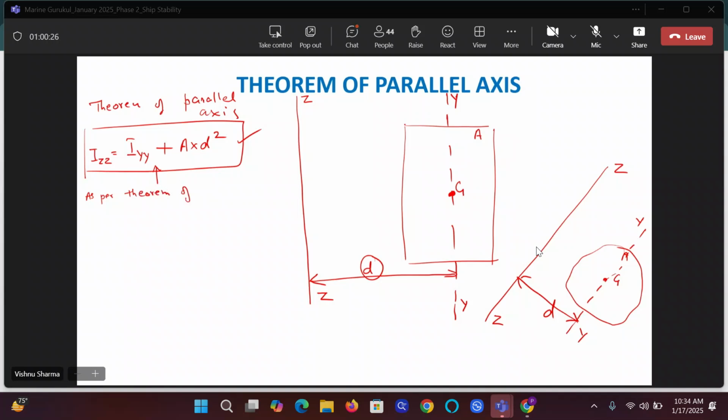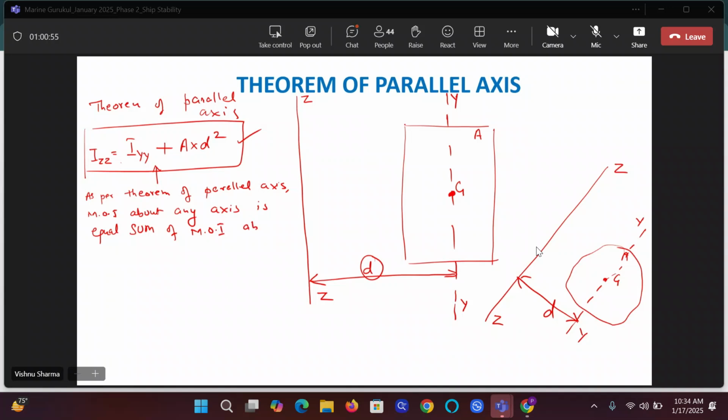As per theorem of parallel axis, moment of inertia about any axis, which is the any axis in this diagram, ZZ, is equal to, I'm just giving words to this expression, sum of